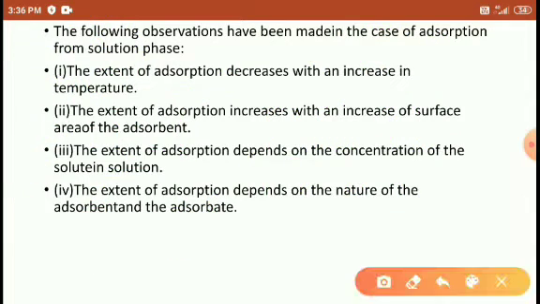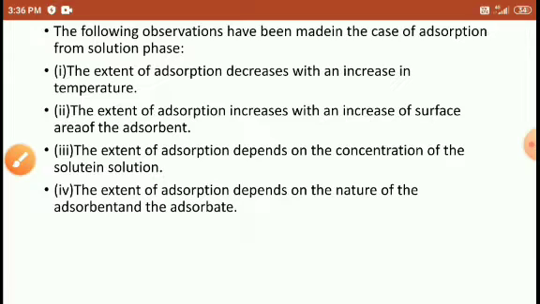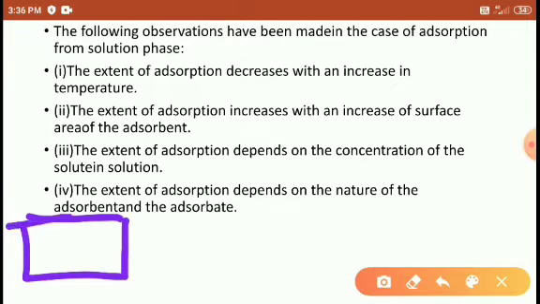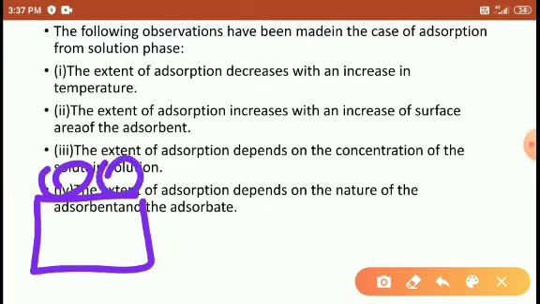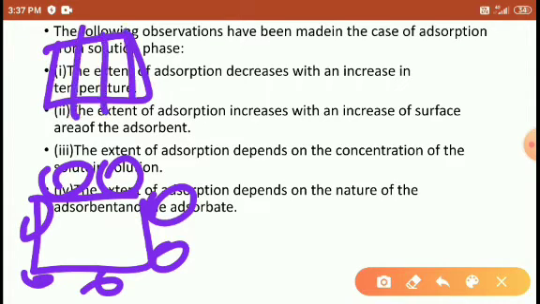Right, students? Adsorption increases with increased surface area of the adsorbent. Definitely, students, we have already discussed this many times. Here with less surface area, fewer particles are occupied. So if we take this species, this is one solid crystal in which the particles are occupying here. Eight particles are occupying here. When we break this crystal into small pieces, it turns into something like this.